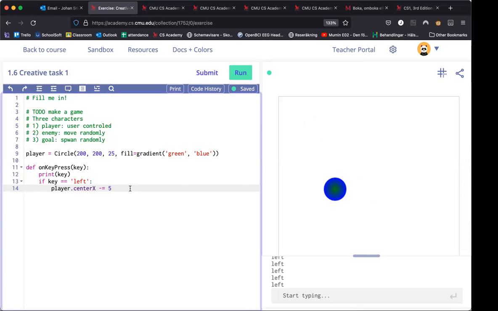So this was only one direction. I want to be able to move a couple more directions. So I'm going to put in the code for this as well. And this is going to look very similar to the two lines of code that I wrote before. If the key is equal to the right,